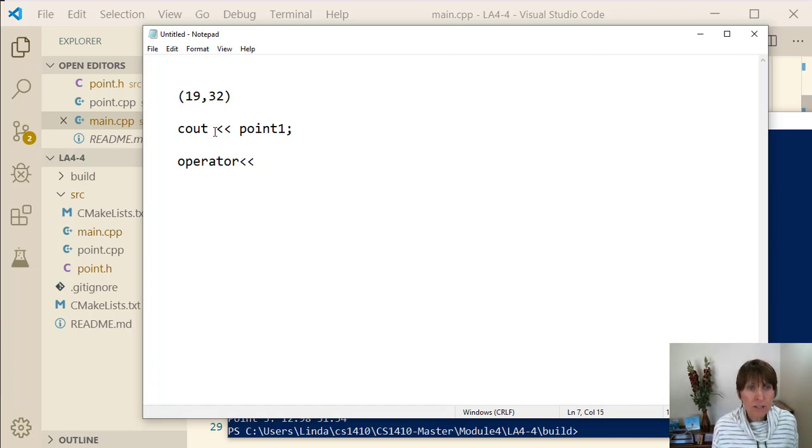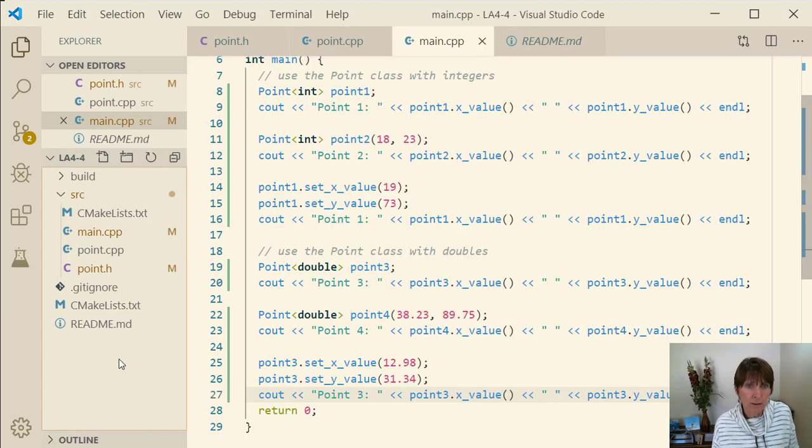Now notice that this operator doesn't have two objects of the same type. It has an ostream object on the left, and it has something of type point on the right. So this is a concern. It's working with two objects of two different types, and it needs the private data members of both, so we'll make this a friend method. So if we go back to point.h,